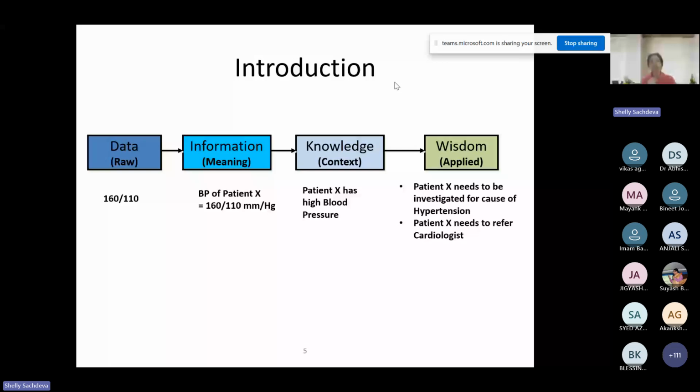data. So here an example is being cited, and the example says 160 by 110. In layman's terms, if I simply say this without stating anything, somebody may understand, somebody may not be able to understand in what context I'm talking about, right? So when I talk about 160 by 110 mm Hg, it means that I'm talking about blood pressure. As soon as I append the unit mm Hg to 160 by 110, it appends a meaning to that, and the data is converted and has a meaning appended to it, which is referred